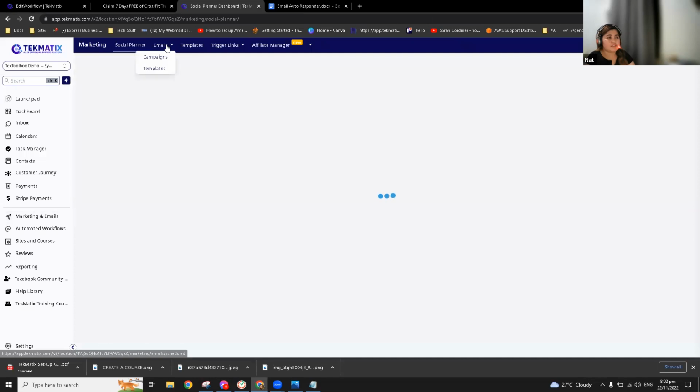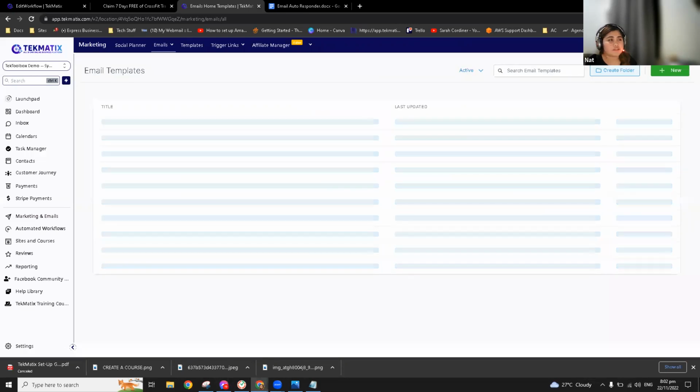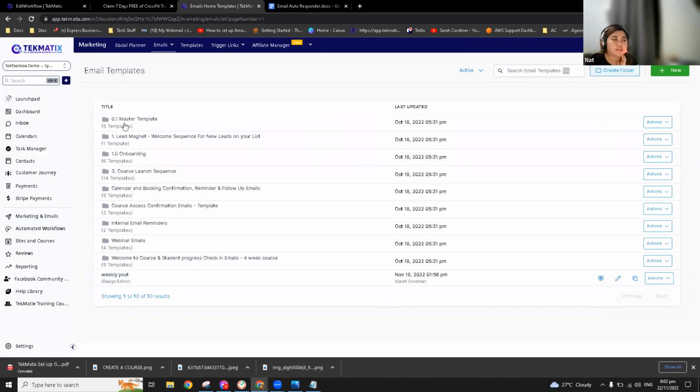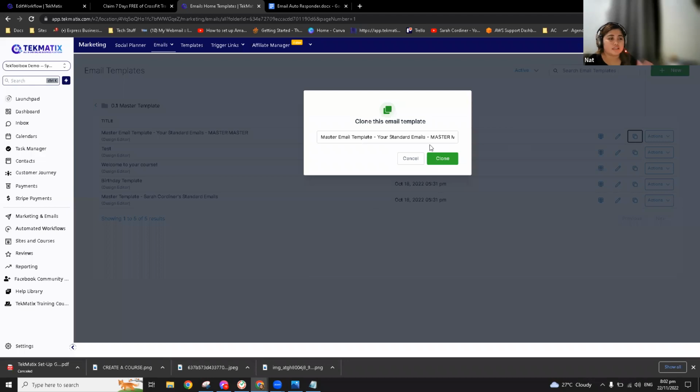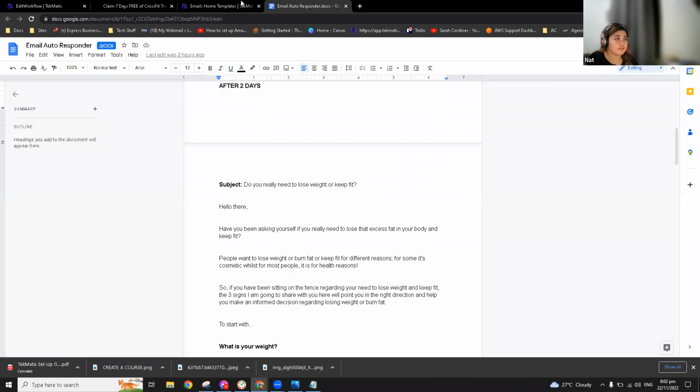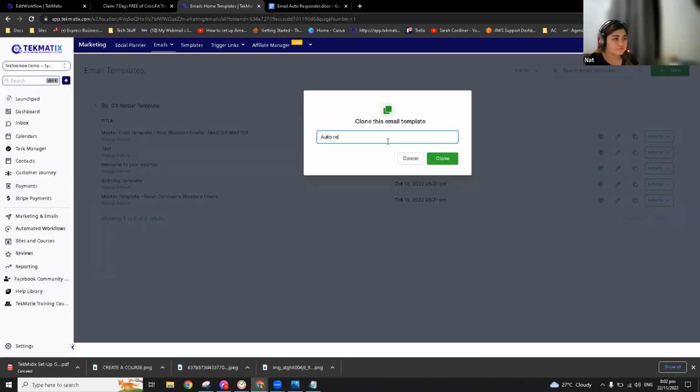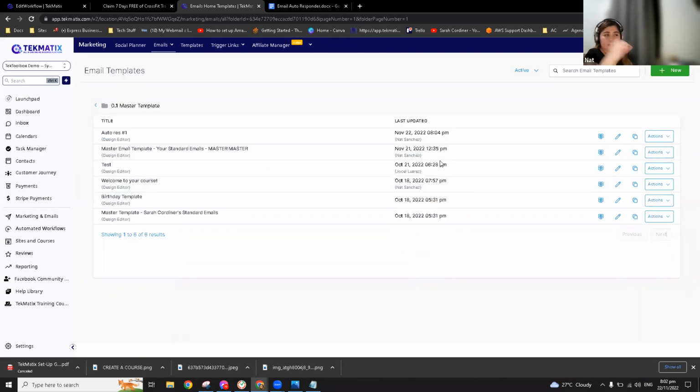So on marketing and emails, onto the drop down, I'll click template. And then after that, usually we just use anything under master template since this one is already pre-made. I'm gonna click on this one, and then I'll just clone this one and call it my current offer. So let's just call it autoresponder one, and then clone it. So basically I won't start from scratch, right, pulling out any elements. So I'll just edit this one, click edit.